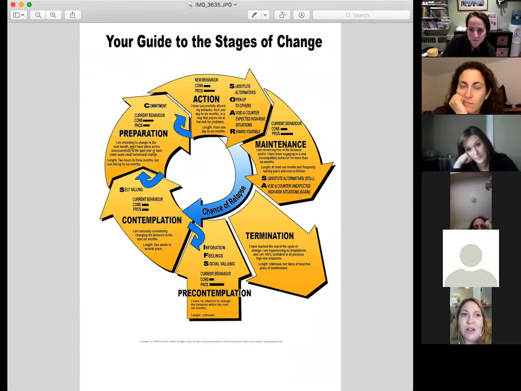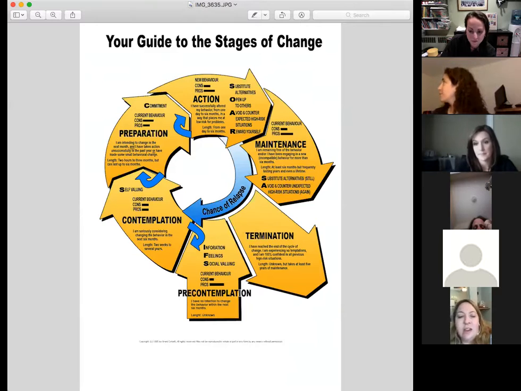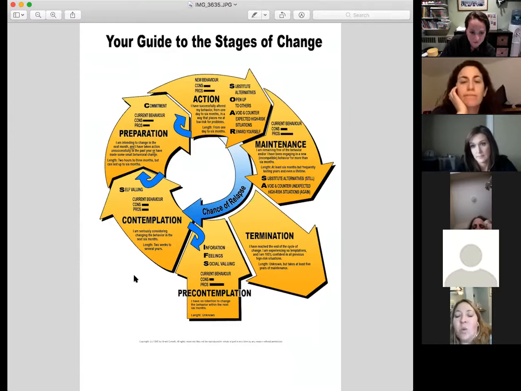I use this example a lot. There's a lot of people that'll talk to you about, like, they're going to move, right? I'm going to move out of state. I'm going to make this change. I really want to go. It's going to happen. These are all the reasons why. And then 3 years goes by and they're still talking about it, right? But they haven't made a choice. They haven't made a change, okay? So that's just one example, right?